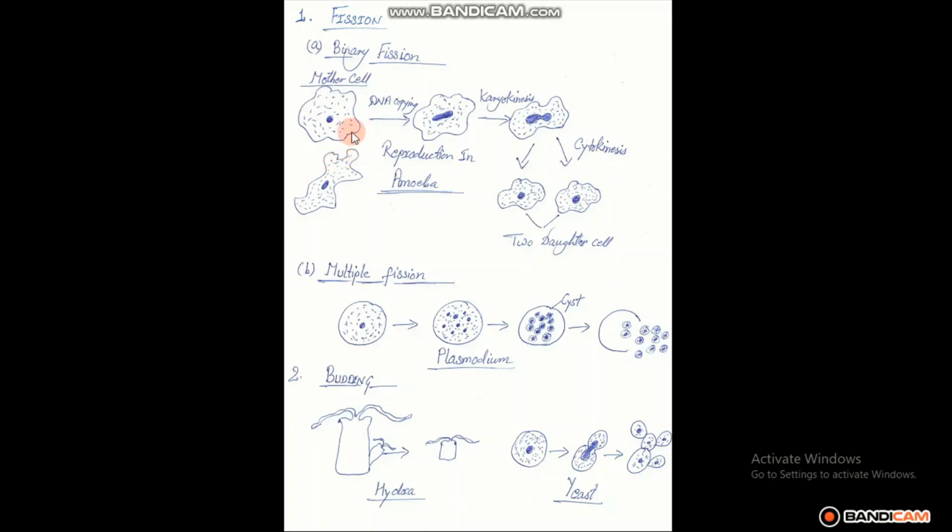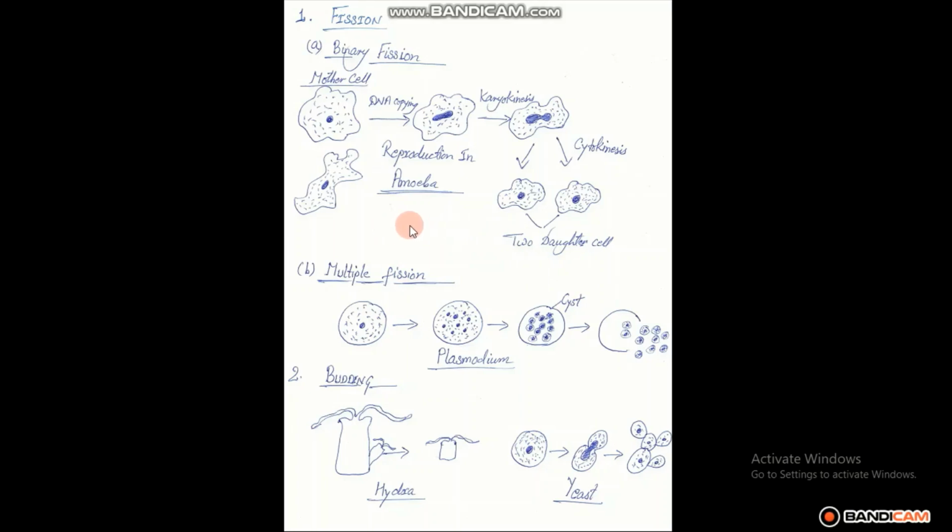So two cells will form, and these two cells are known as daughter cells. The cell from which these two cells are created is known as the mother cell. The mother cell forms two daughter cells. It is also known as immortal. Why is it immortal? You just see here, the mother cell, meaning the parent cell, never died. It just separated into two, not died, so it is known as immortal.